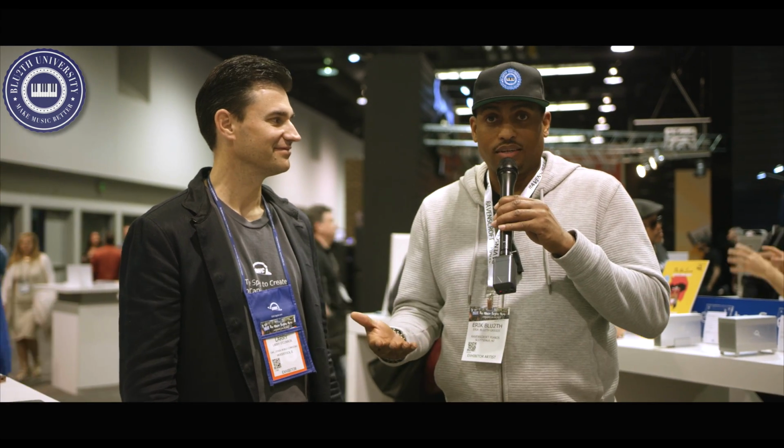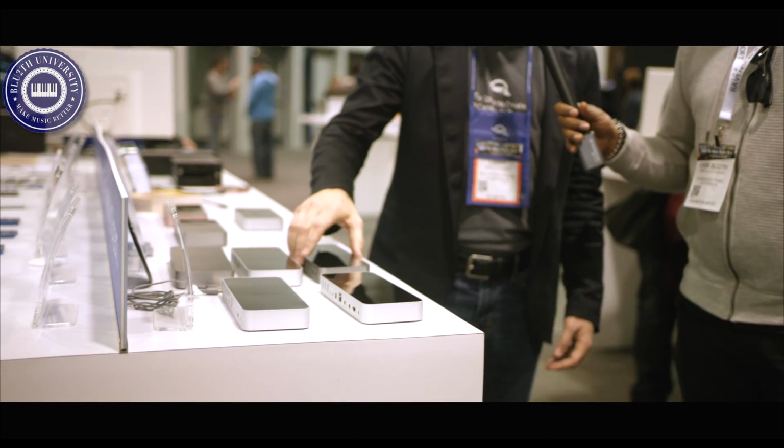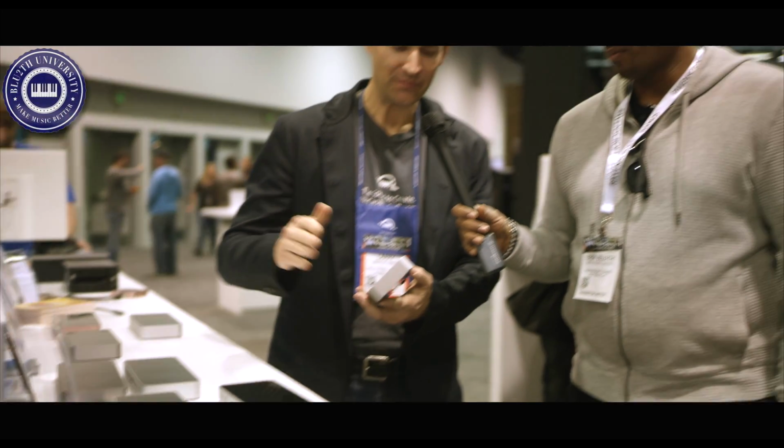But okay, so you've got the same port for both of those things, and that's really all they give you on the new Macs. So the connectivity is a problem for people that have devices they have to hook up that have the normal Thunderbolt connection or USB connections when the computer doesn't give you that anymore. So the solution for that is we get our Thunderbolt 3 dock, and this is the one cable